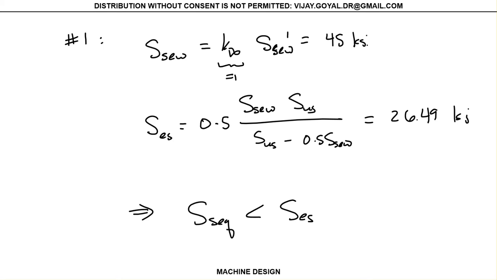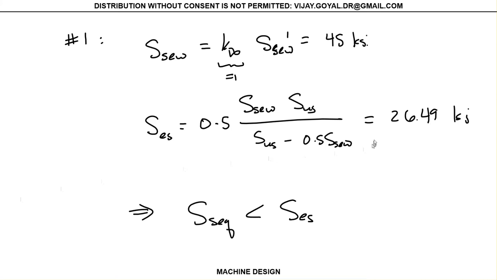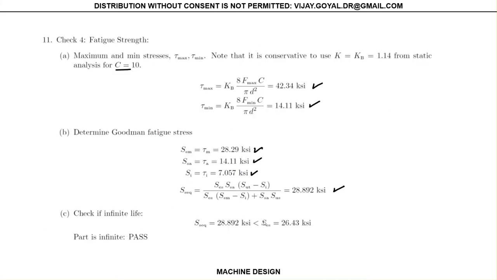To do that, we go to the next chart, and we do all your calculations here. With this value, you got the tau maximum. I will give you these values. I found this. I know my SE for your preload, and these values are plugged in here. I get the value of 28. And you can see that you get a value here of 26. So this actually does not satisfy,